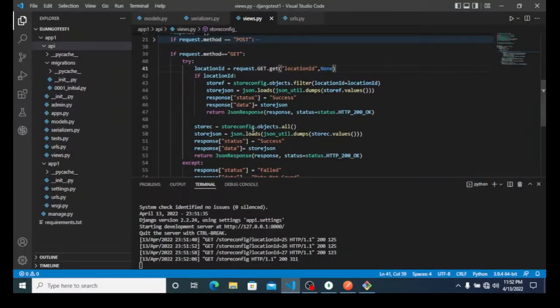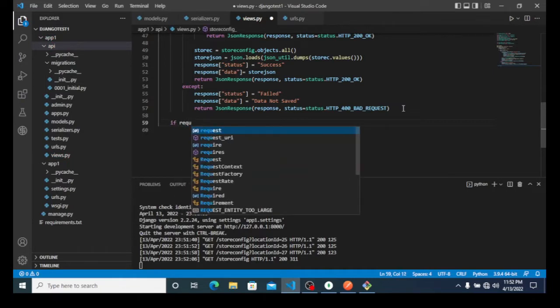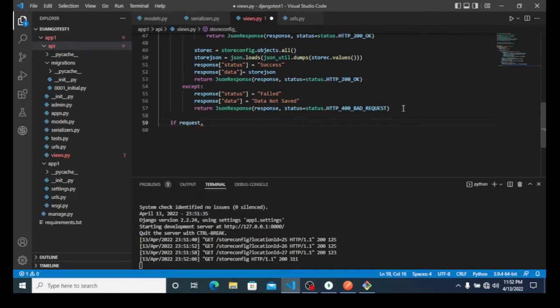So let us move on to the next method, the put method. If request.method equal to put, then we need to